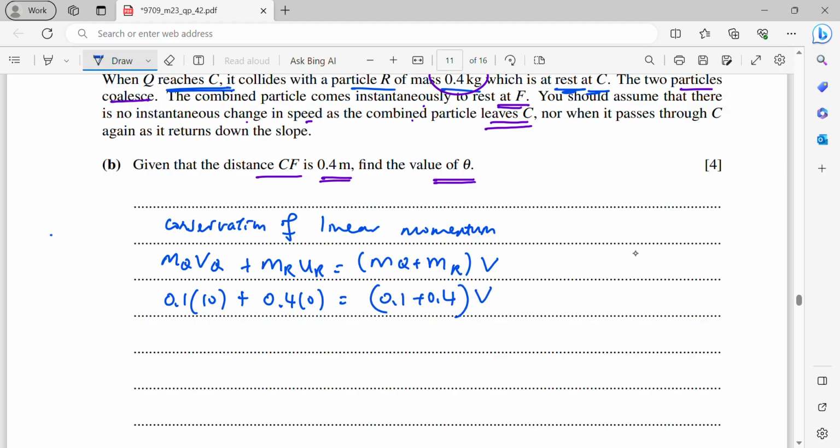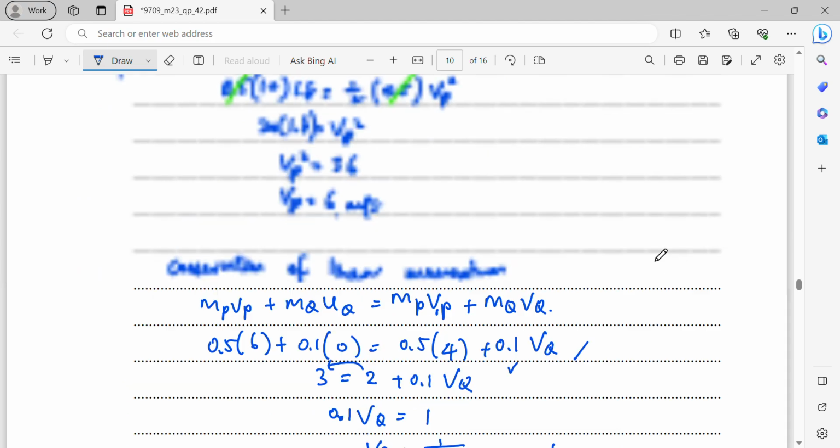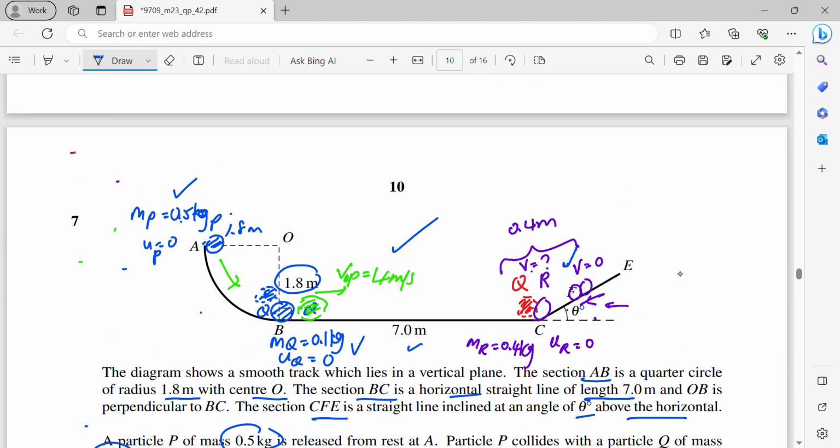So from here, left hand side 0.1 times 10 is 1. Then 0.4 times 0 is 0. Then the right hand side is going to be 0.5 V. Therefore, your V is 1 over 0.5, then I will get 2 meters per second. Which means after they collide and combine together, the V is 2. They move with 2 meters per second up to the F here. After that, rest a while, then goes down. So now, when they go up, it will have the